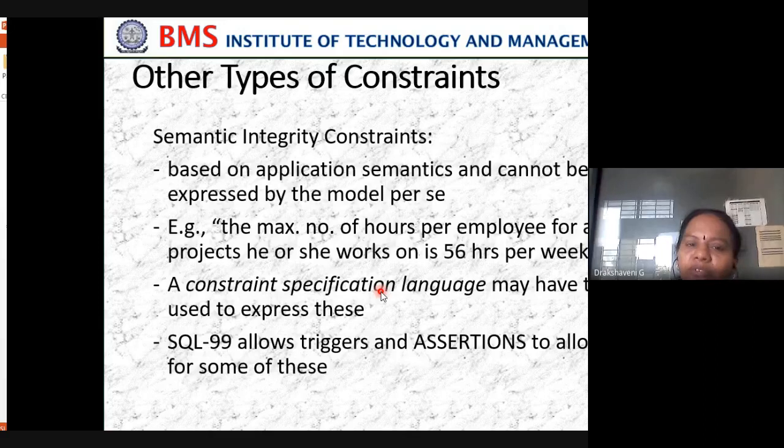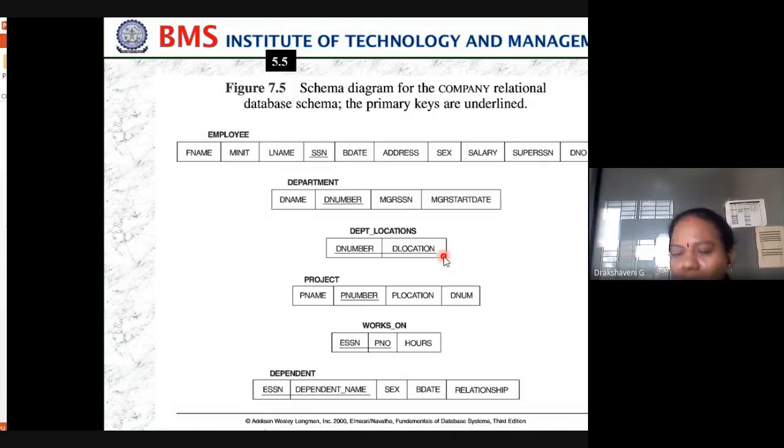Then other types of constraints, which we can see, are based on your projects, such as how many hours we are working. Now I am working for BMSIT College; what my restriction is and how many hours I work is left to the individual colleges. In the same way, in your projects also, you will have a different number of hours you are working. So this is one example.